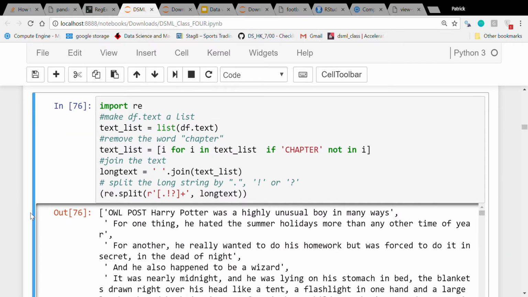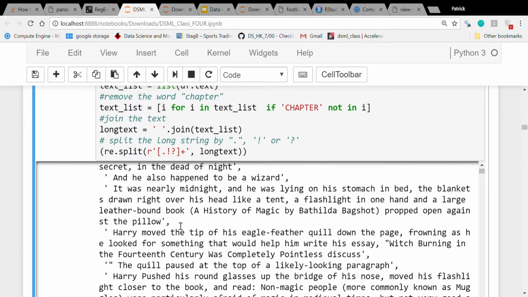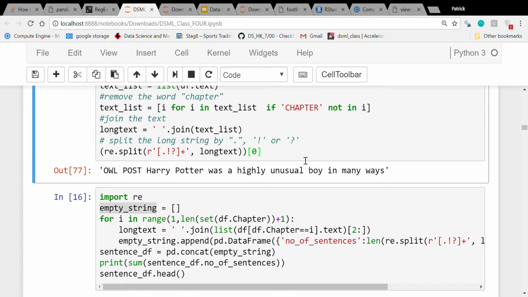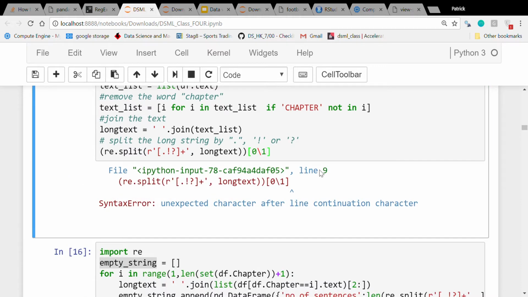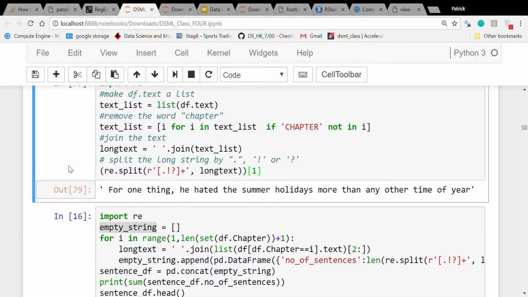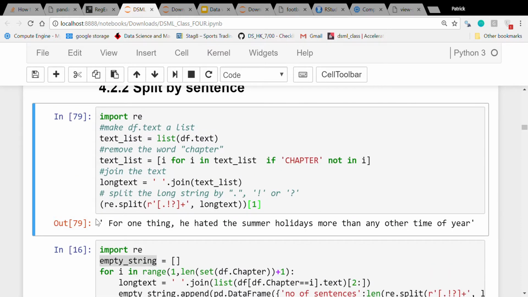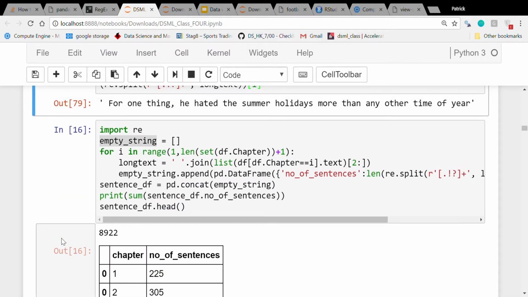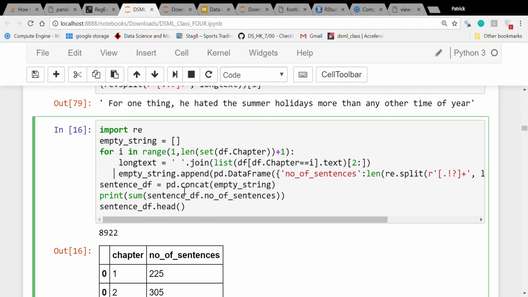Okay, if you ignore the length, it shows you this way. So now every line, let's say you specify the first one is the first sentence, and then the second sentence. So it's just some tricky way to give some structure to the data. And again, I won't go through all of them, but the way to count the number of sentences per chapter is basically